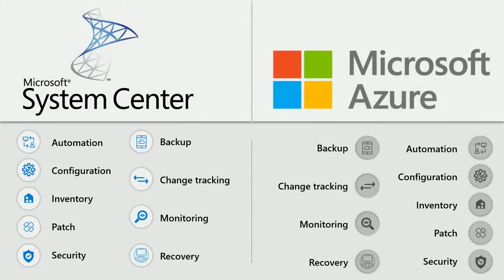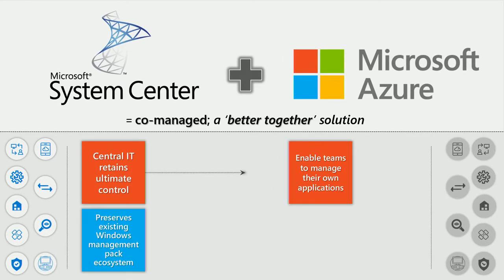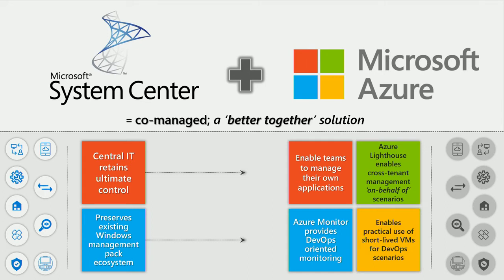Now, while we continue to enhance System Center through 2019 and the update rollup releases, on the Azure side of the house, we have also released a set of management services, which are SaaS services. So there's obviously a question that we get often: do we now move from System Center to these Azure management services? Our positioning on this is fairly clear. You can continue to depend on System Center to run your on-premises environments, and the central IT can